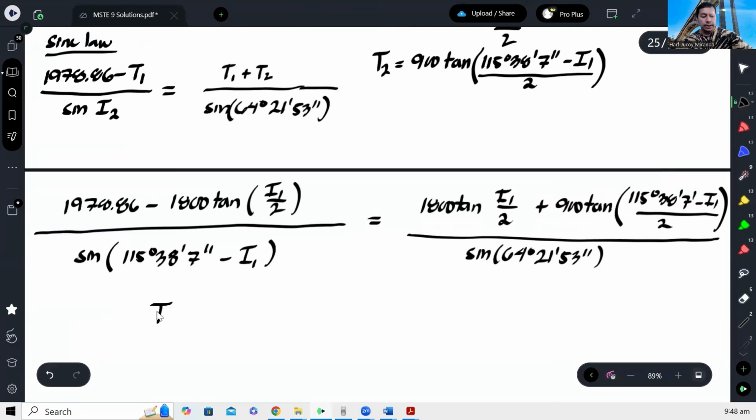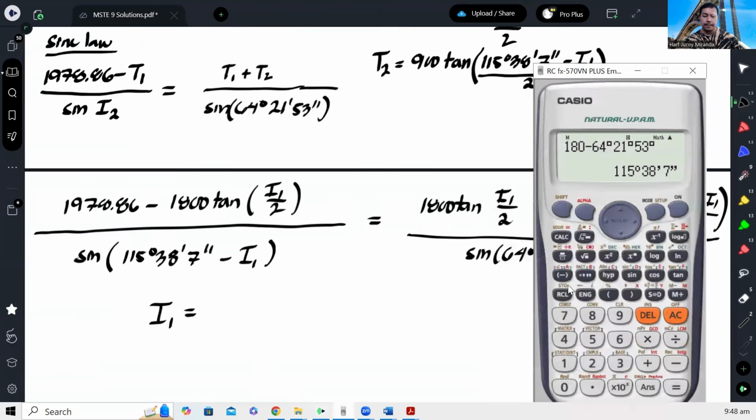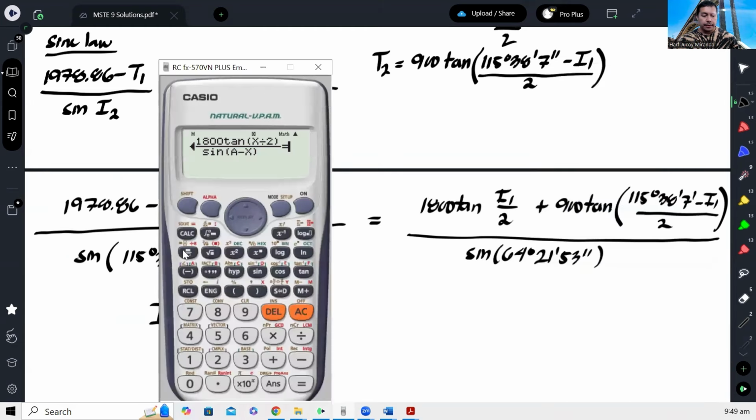Okay, and then from here, we can shift solve for I1. So, medyo mahaba lang talaga, no? Siguro, lagi ko to sa calculator. Lagyan natin dito sa A para hindi humaba yung isusulat. Tapos yung kanina, ito. Lagay natin sa B to, ha? Ayan. Okay, so ito yung B minus 1/8 tangent x over 2 over sine ng yung A minus x equals 1/8